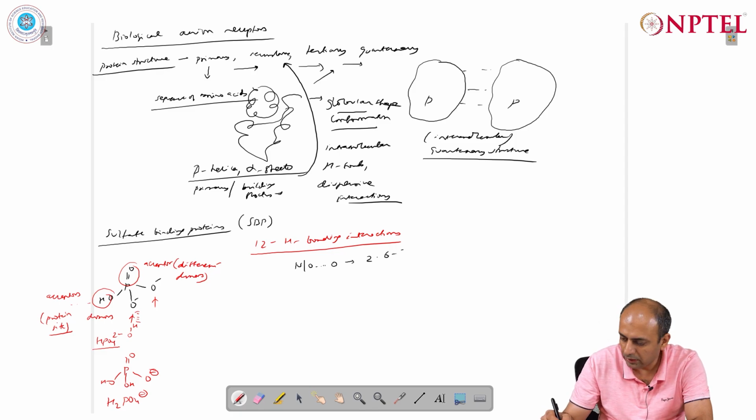These are between 2.6 to 2.9 angstrom, and we have 7 such hydrogen bonds which involve